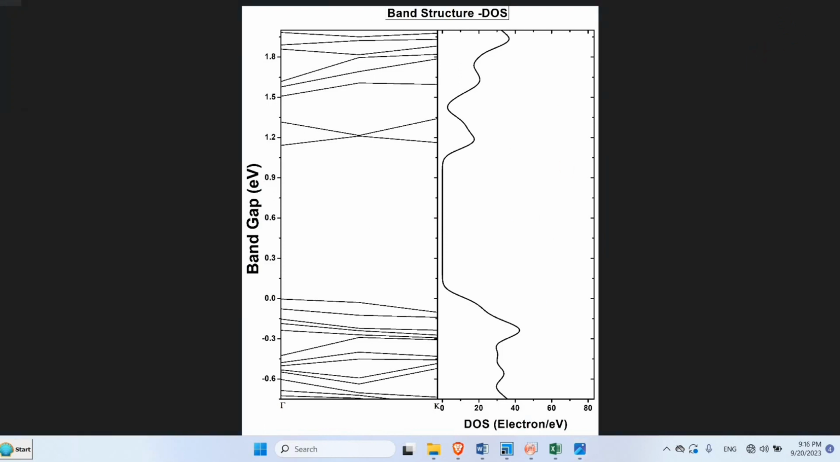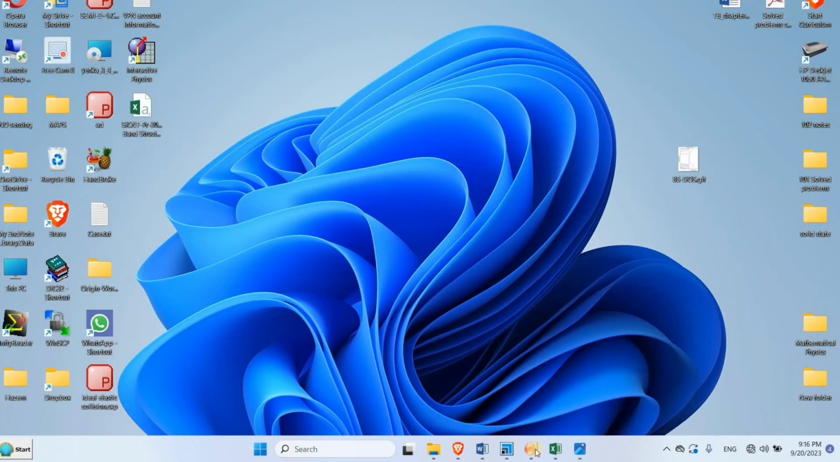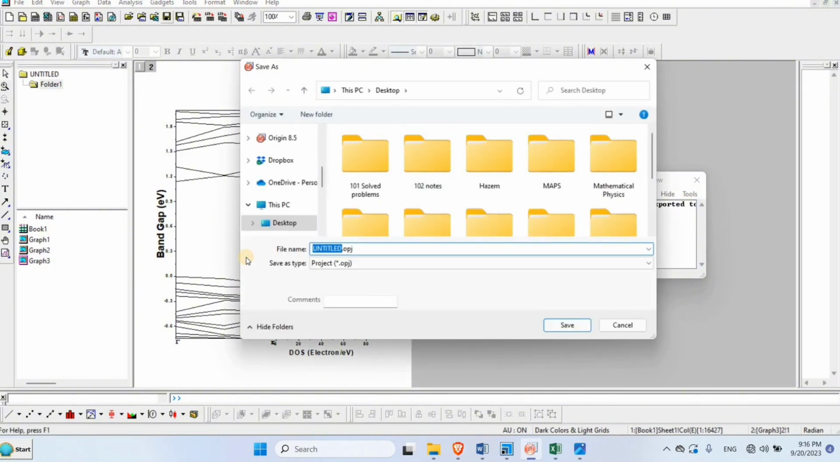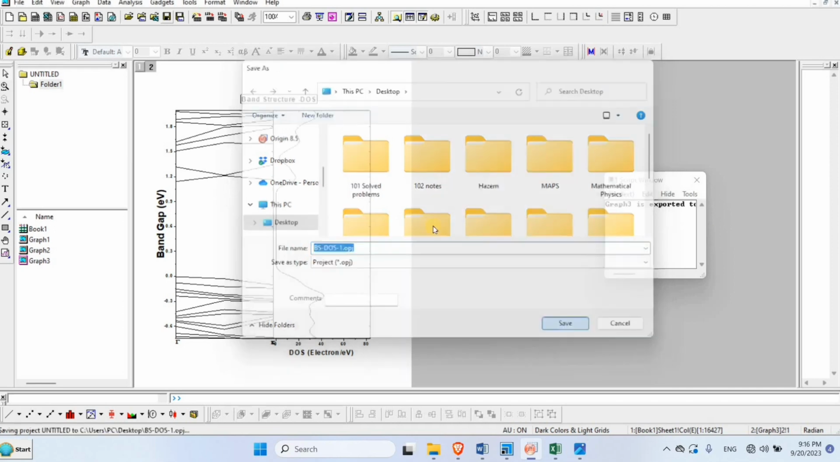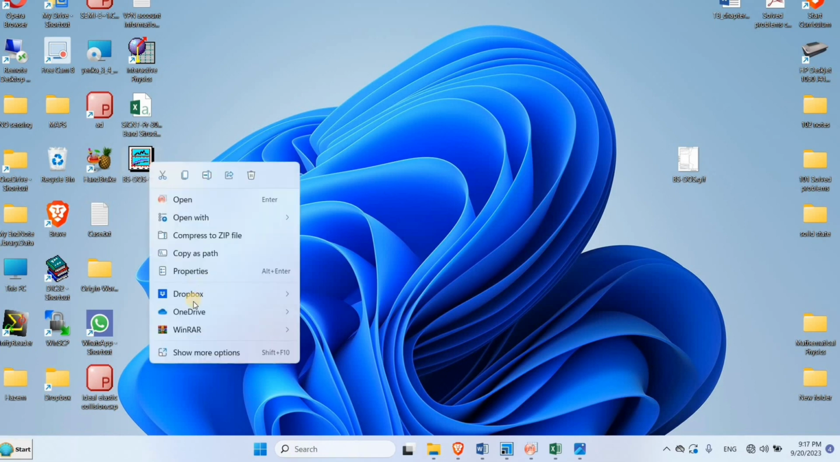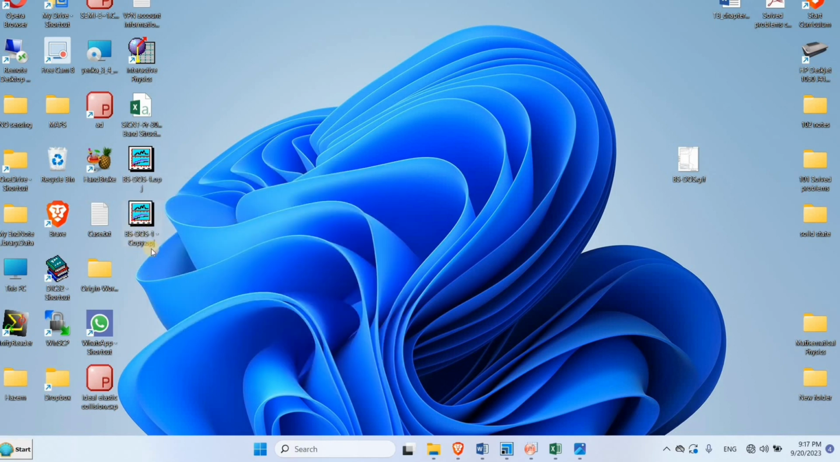Now back to the Origin file. Let's save it and name it band structure density of states, and name it just one. Save the file. Now this one here is the one we just created. If we make a copy of this one, copy, paste, and rename it band structure density of states 2. Now if we open this one,